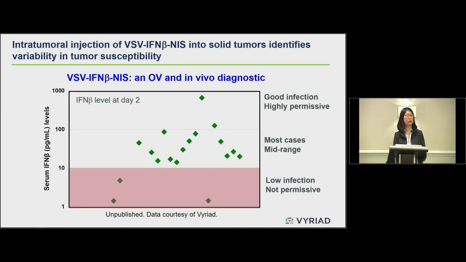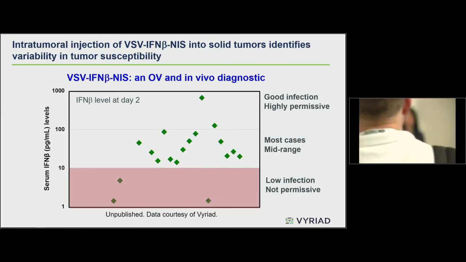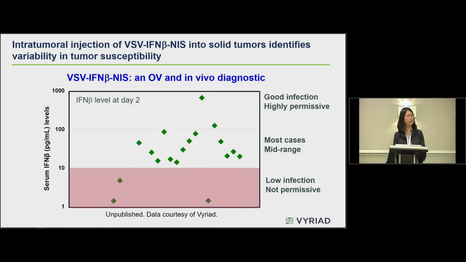What does it look like when you give it to a human? Thanks to Virotherapy for sharing their unpublished data here. This is their phase 1 trial in which they have demonstrated the mechanism of action of their test article. And this is the result that I want to use to illustrate the potential of using it as an in vivo diagnostic, where we give the virus to a single injected tumor, despite the metastatic cancer. One tumor was injected by virus one time, and we measured the interferon levels produced at day 2. You can see that each dot represents a single treated patient and the range of interferon levels that we saw